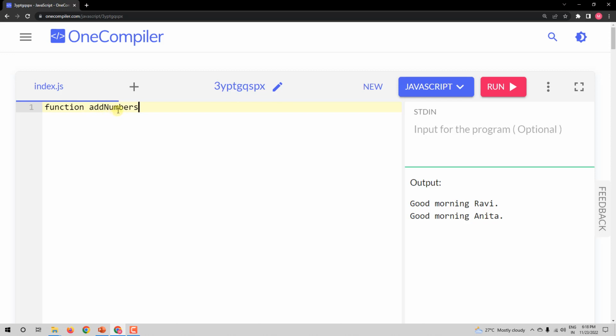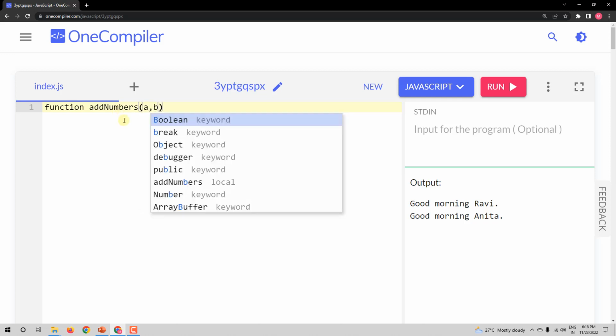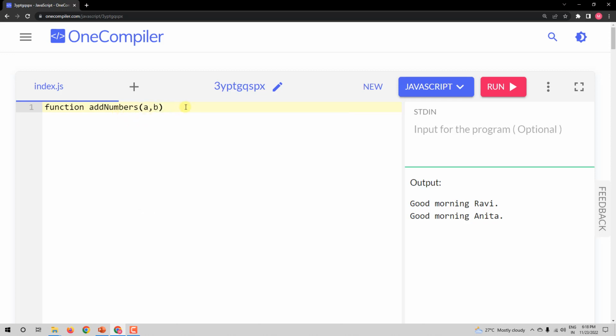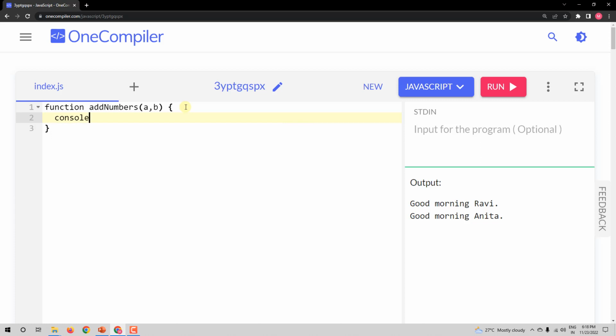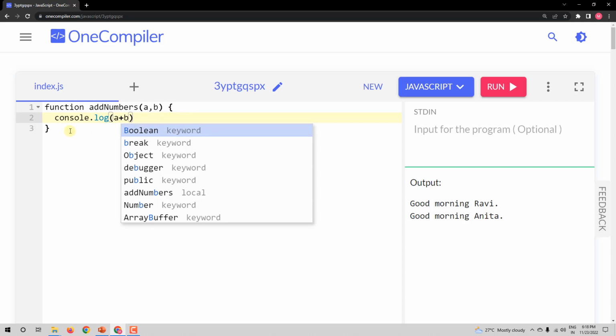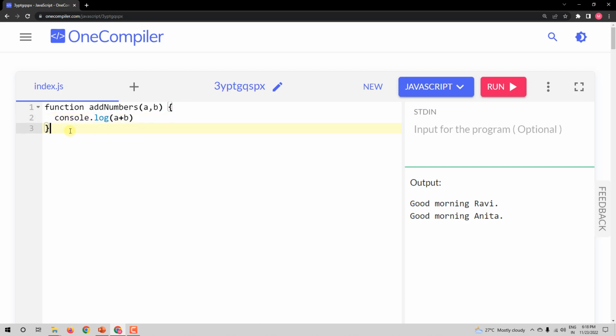So I'll give add numbers, and I'll say a comma b, and here inside the curly brackets I'll say console dot log a plus b. And here I'll say add numbers